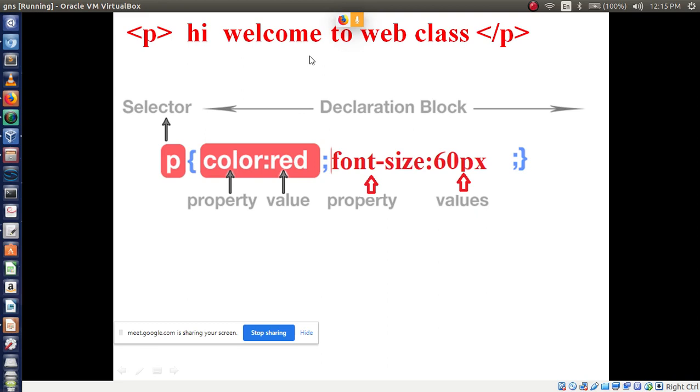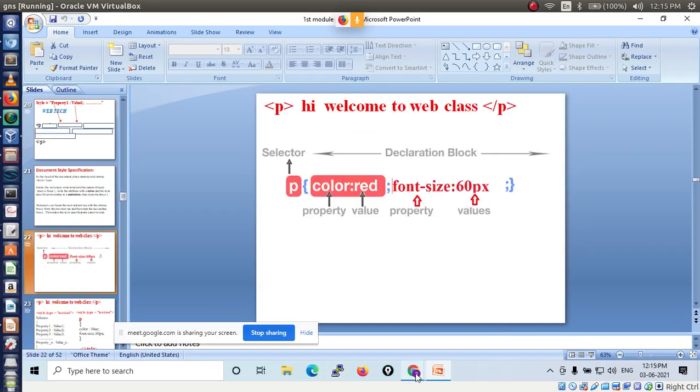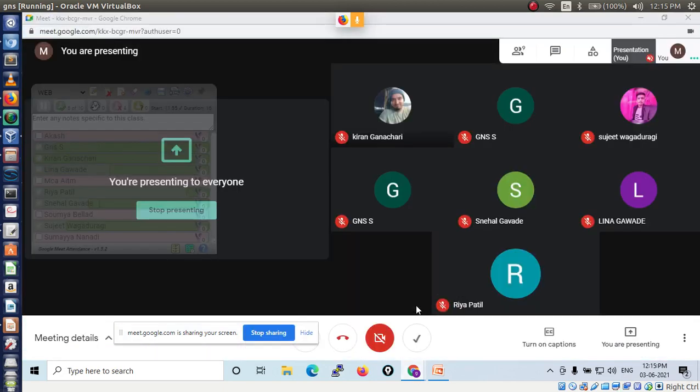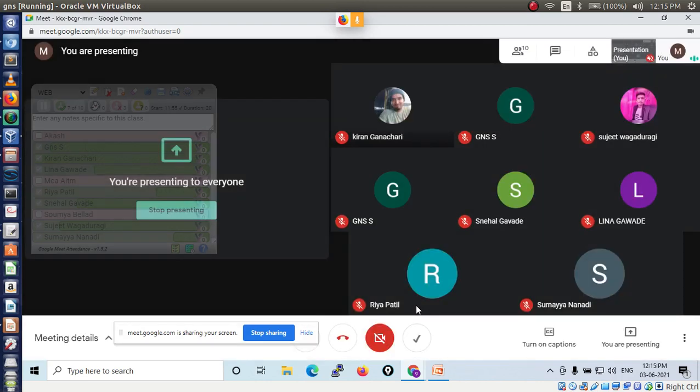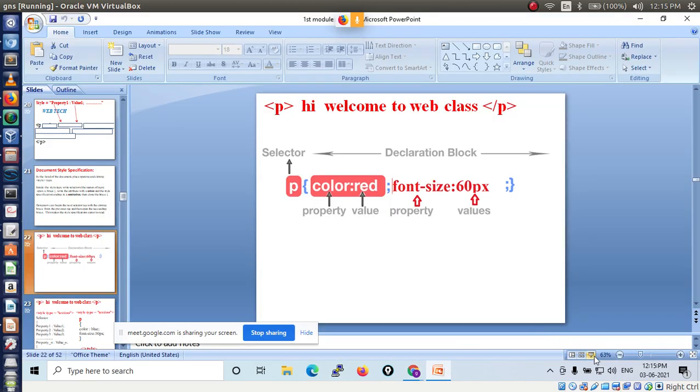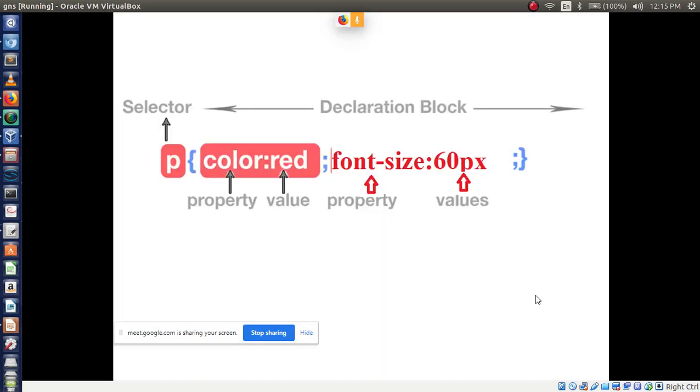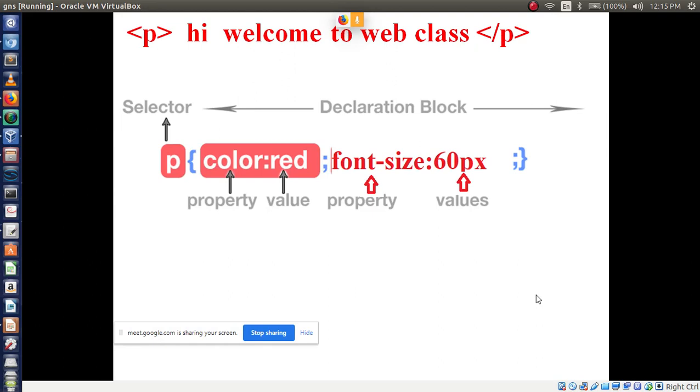So to apply style sheet, which kind of style sheet are we discussing here? Yes, tell me. Which style sheet is this? Internal.